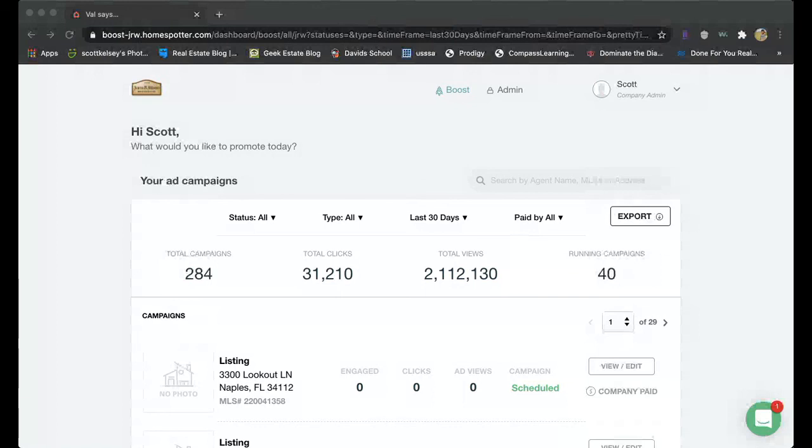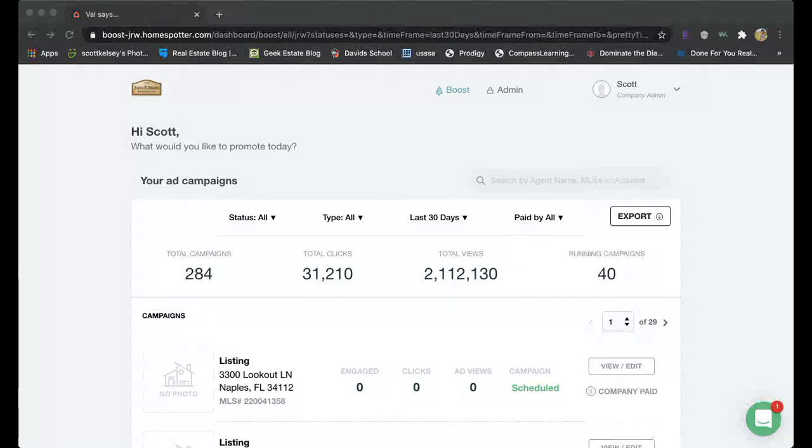You could say I want it to go to New York City, or I want it to go to all of Ohio. And when you're boosting an ad through Facebook, you can do this with multiple locations with that same ad. That's something that I can help you with as well. If you're wanting to run Facebook campaigns, I help our agents with that as well.